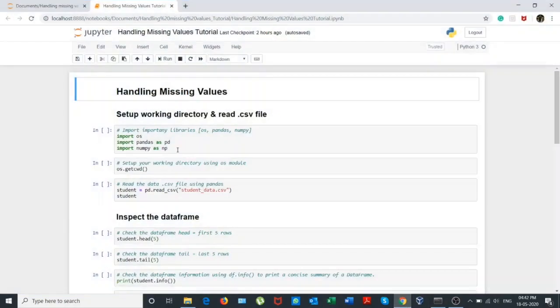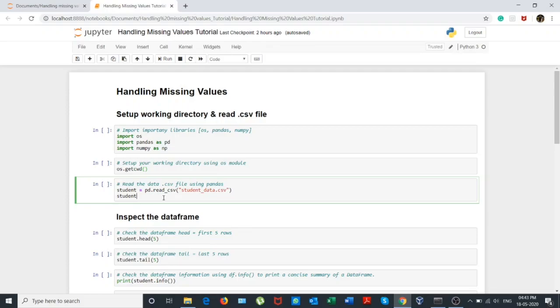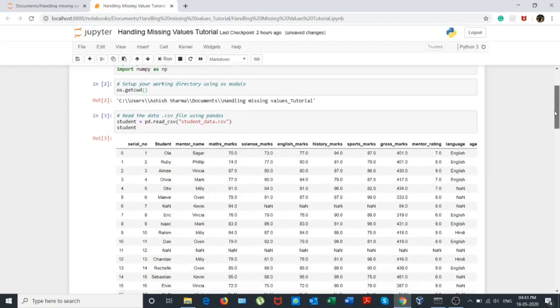So guys, this is a Jupyter notebook. I have already opened it, and if you want insight about how to import important libraries, how to set your working directory, and how to read your data which is in CSV format into a pandas data frame, you can refer to one of my older videos which I have posted on my channel Data Guruji, and I think those videos would be very helpful in taking care of these three things. So I will not invest much time on these activities and we will move forward.